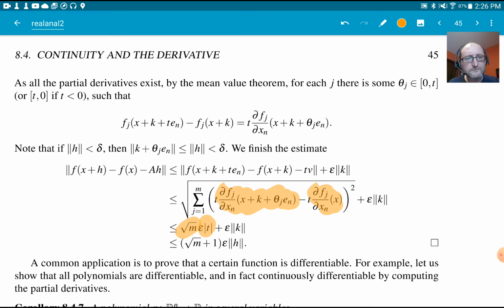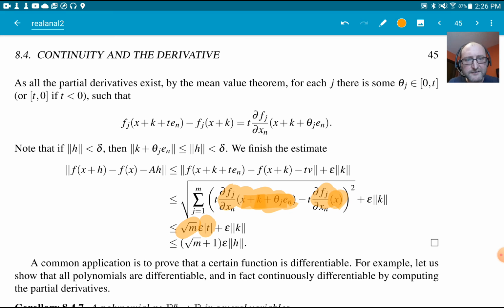And here, this is where I'm using the continuity of the partial derivatives of f at x, namely the nth partial derivatives. So we have that the difference of this minus this, because the difference between x plus k plus theta j en and x,